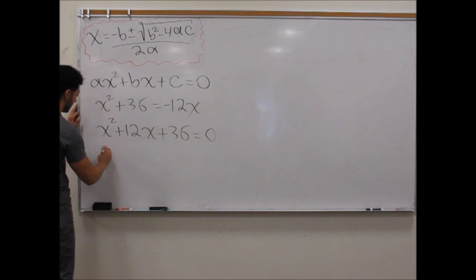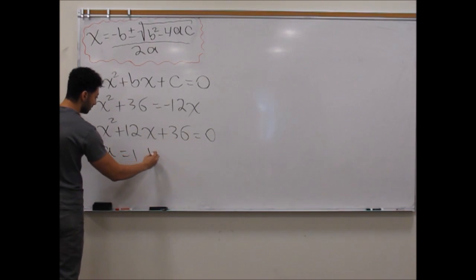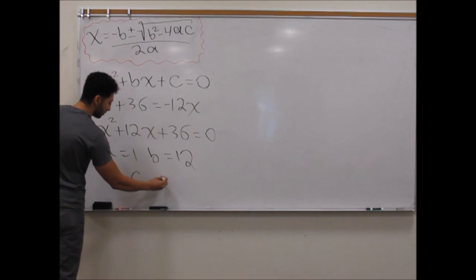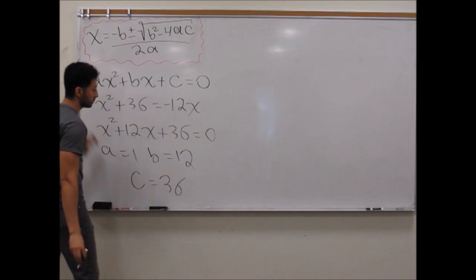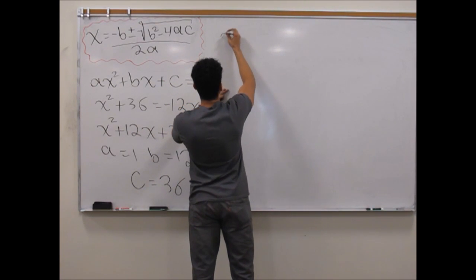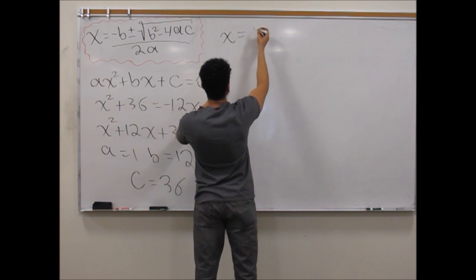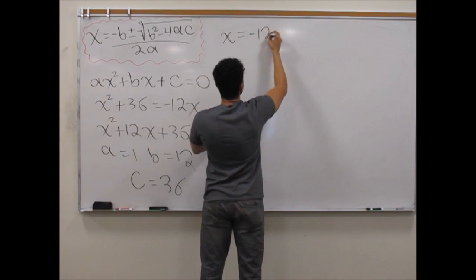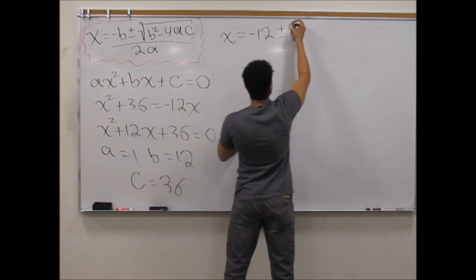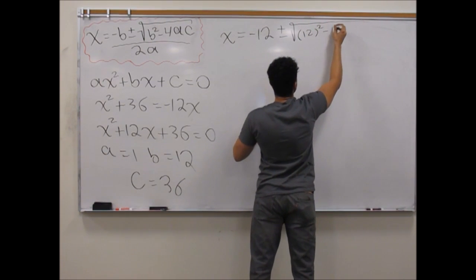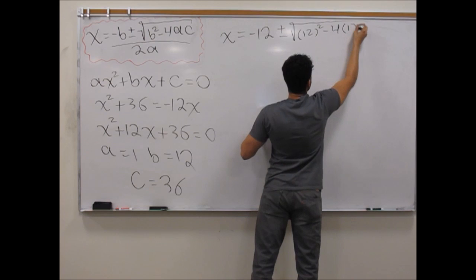So then I see that a is equal to 1, b is equal to 12, and c is equal to 36. So then you come over here and plug it in. Just plug and chug and see what happens. So you get x is equal to negative 12, plus or minus the square root of 12 squared minus 4ac